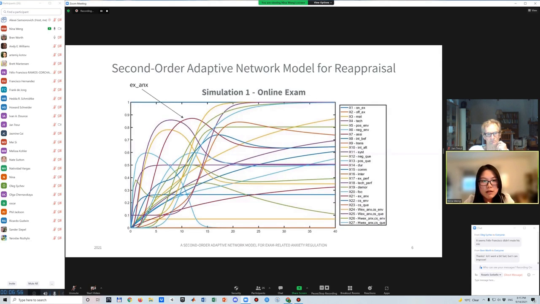So here come our simulation results. First of all, we do the simulation under the setting of online exams, which means that the value for the online exam state will always be activated as 1, and for the offline exam will always be 0. So here we can observe the first reappraisal,